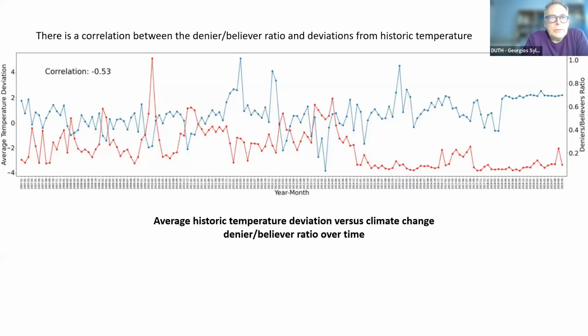This is the correlation between the denier to believer ratio and the deviation of temperature from the mean value of temperature in the geolocation the tweet was sent from. So you see that there is not a real pattern here, but after 2013 and 2014, when the temperature deviation increases in the geolocation that people are tweeting from, the deniers to believers ratio decreases. So there is a negative correlation of 0.53, which gives us an understanding of how people really perceive climate change and